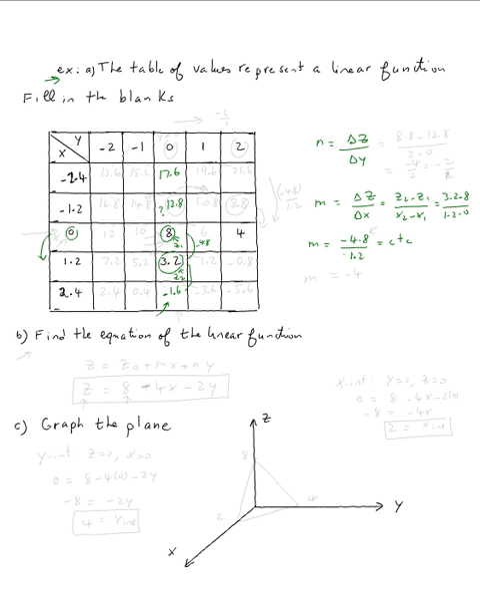Now I'm going to try to find this column, this row. I already found this column. So to find this row, all I need to do is find the slope. I'm going to use